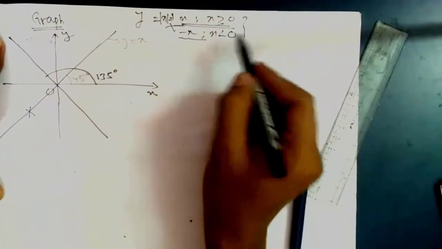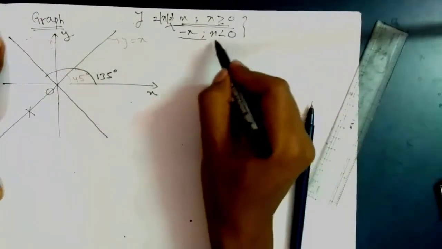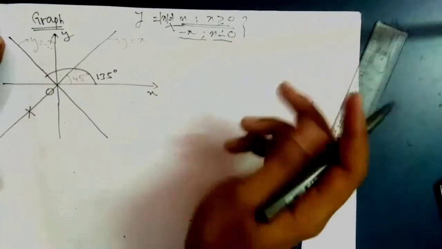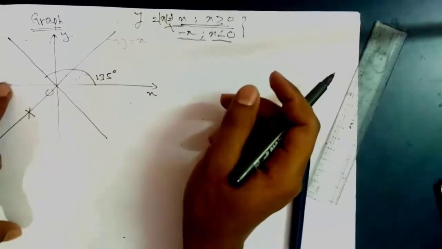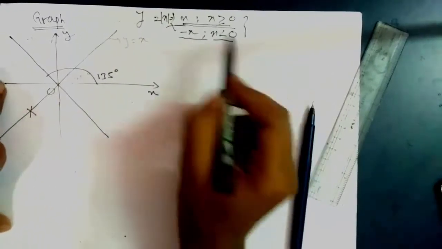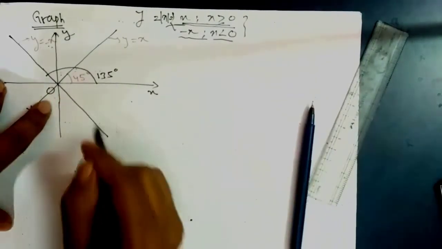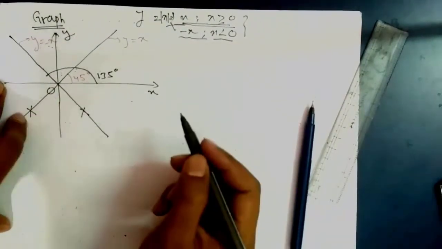No, we only need that part of the graph for which x is less than 0. And which part is x less than 0? The left hand side of the graph, where x is less than 0. That is what is required as per the definition. So we don't need the positive side of the graph. So what will the combined graph be?